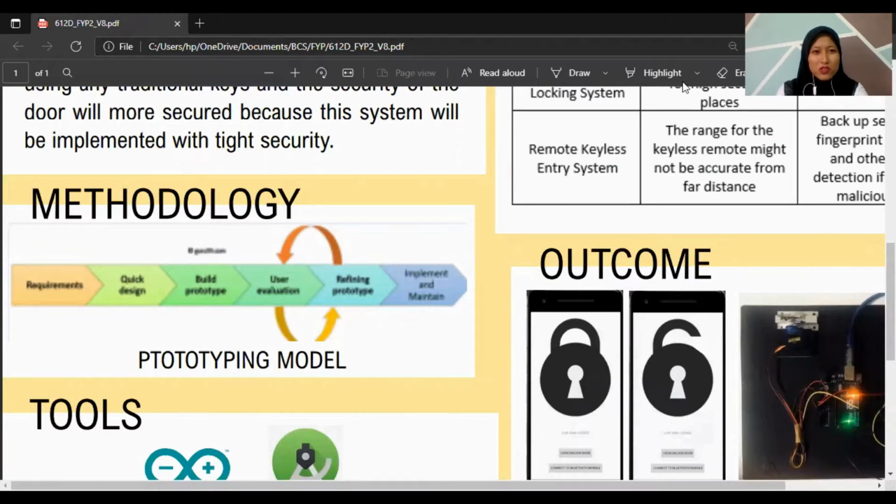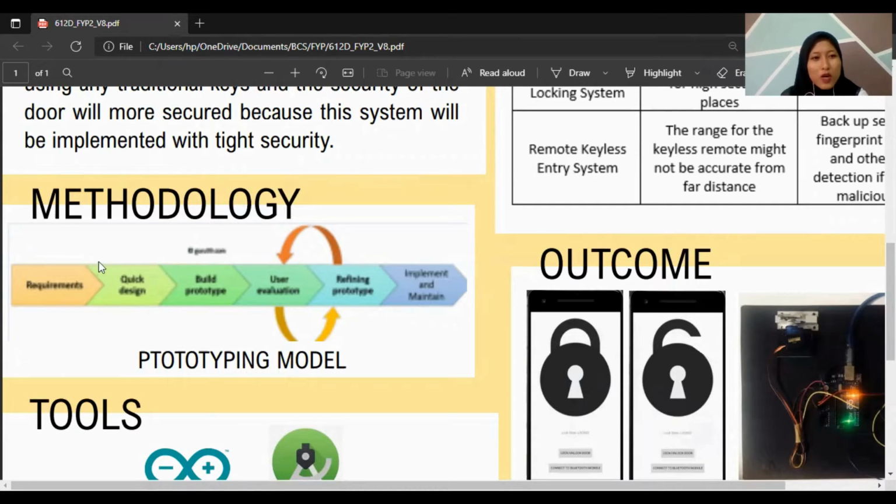So next is methodology. Our methodology is the prototype model. Prototype model is a software development model in which a prototype is built, tested, and reworked until an acceptable prototype is achieved. By using this method, the prototype can be created at the beginning of the stage after getting the requirement. The need for the prototype in our project is to know whether the requirement fits the prototype or not. Besides, this method is very well used to solve the problem between the stakeholder and the developers for the add-on or to change some requirement before the actual system is developed.